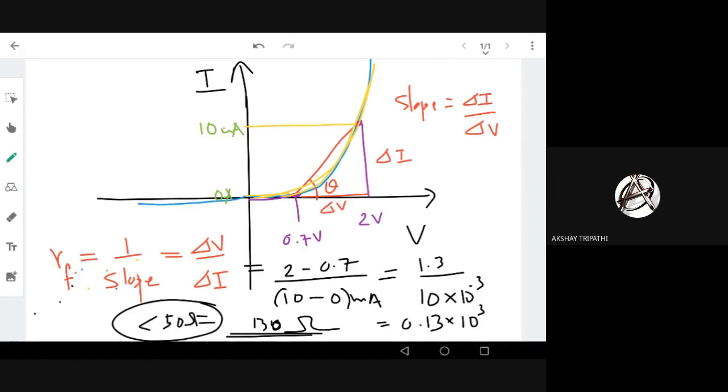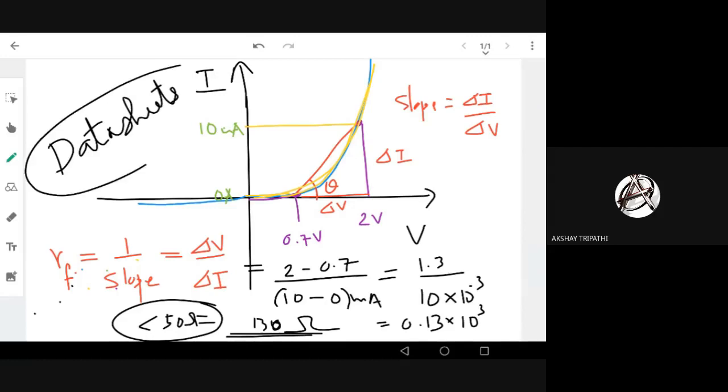So who decides? You can see the data sheets of the diode. So what are data sheets? They are very important in electronics engineering. Data sheets are the manual. Every device, every system comes with a manual. This manual gives the forward resistance of the diode, the maximum current capacity, the power rating, etc.